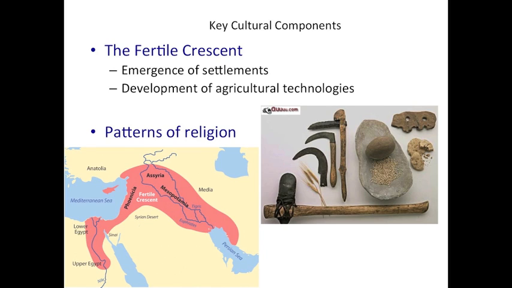First of all, we understand that approximately 10 to 12,000 years ago, human populations began to form settlements in this region that were permanent or semi-permanent. Along with these permanent settlements was the development of cities and the development of permanent agricultural technologies, most notably the harvesting of cereal grains. And in this slide you can see the distribution of the Fertile Crescent, the important cultures that evolved from it, and then also you can see some of the technology.